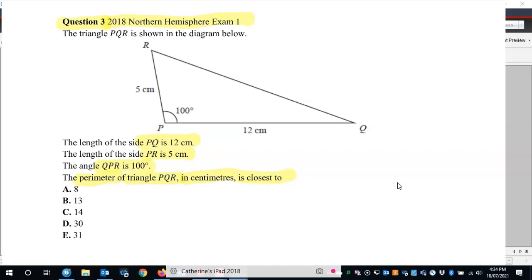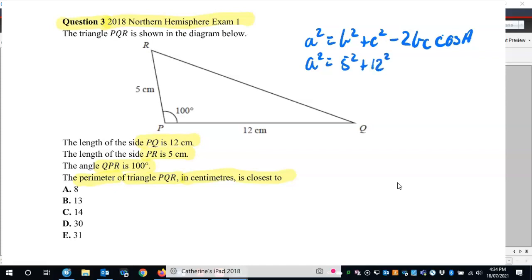So let's write out the cosine rule from our formula sheet. I always have to look at my formula sheet for this one, even though I use it all the time. It's just one of those ones. So a squared equals 5 squared plus 12 squared minus 2 times 5 times 12 times cos 100 degrees. A squared equals,